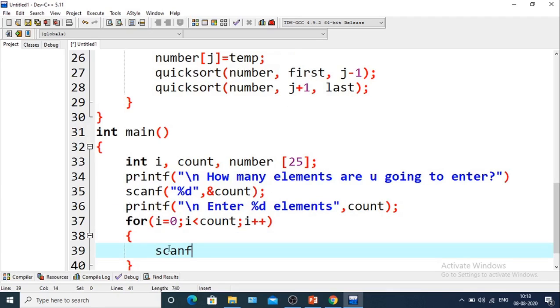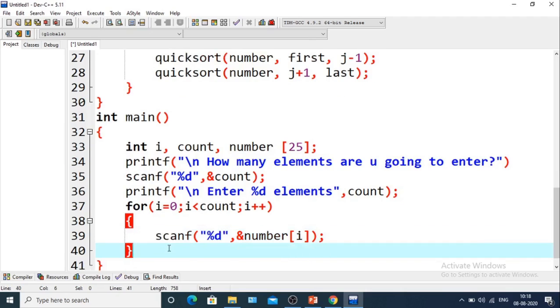Here scanf, within double quotation percentage d, comma, ampersand number i. So this is the for loop to count it.